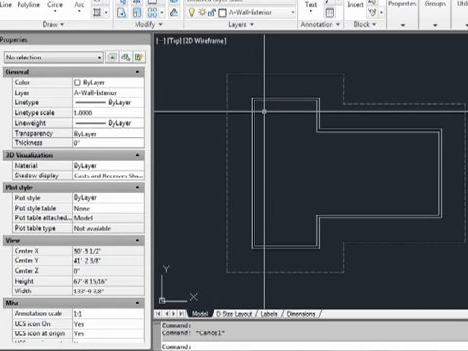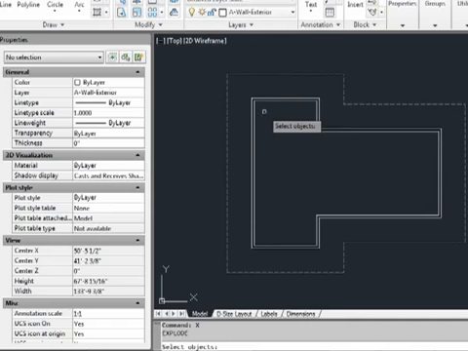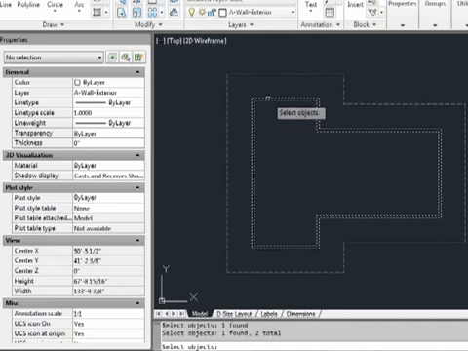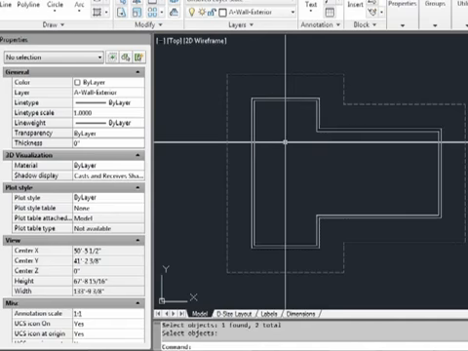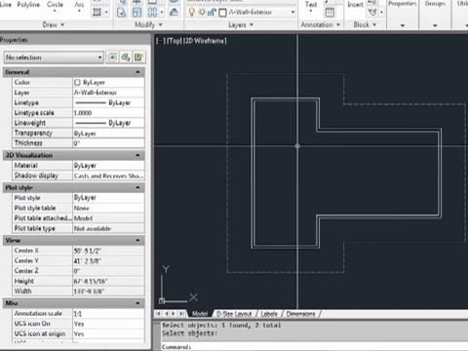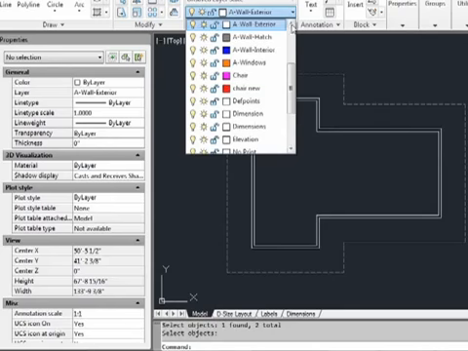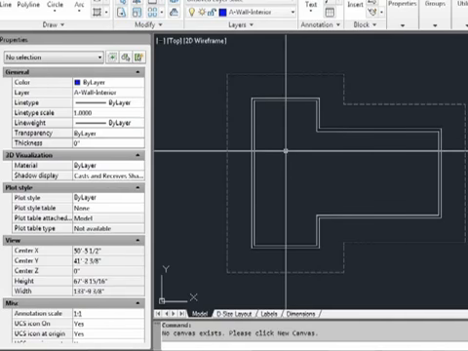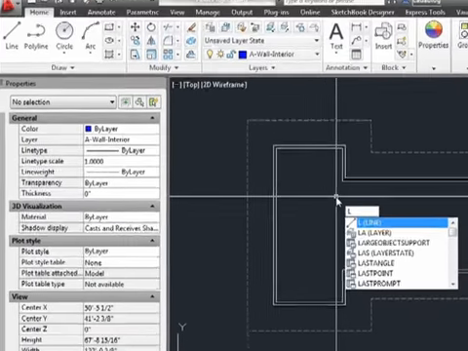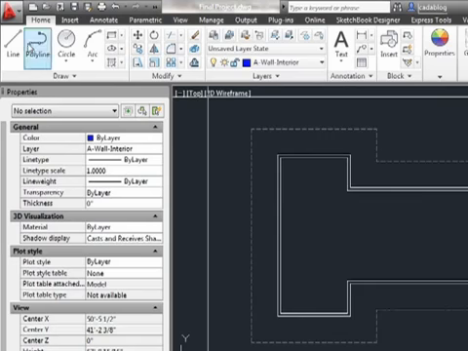Now we're going to do something kind of crazy. We're going to explode the wall. This way we can easily edit our line work. We need to put in the windows and the openings for the doors. Now we need to make some interior walls. So we're going to switch active layers, turn on the A wall interior. It will draw the lines in blue. We'll use the line command, which is also found on the ribbon,